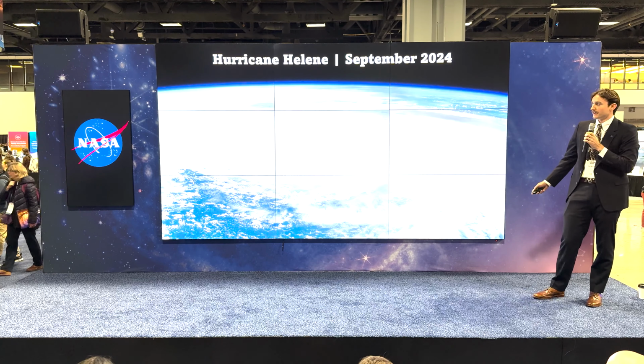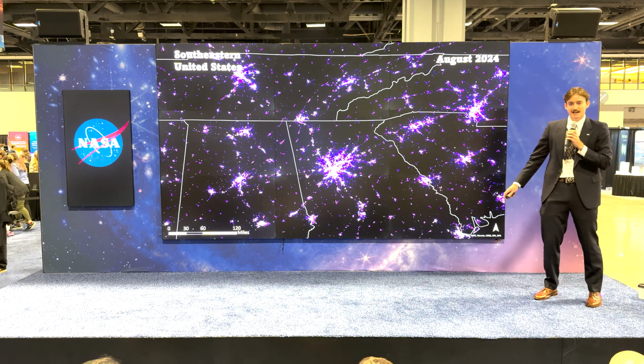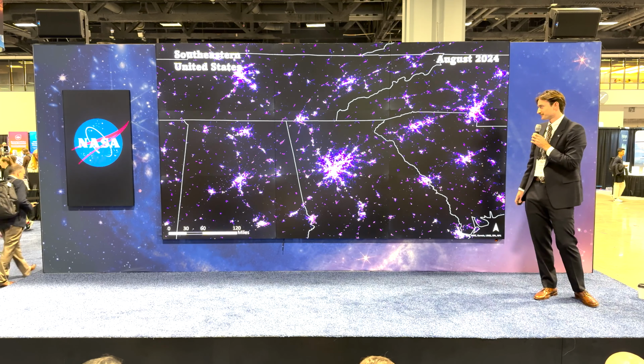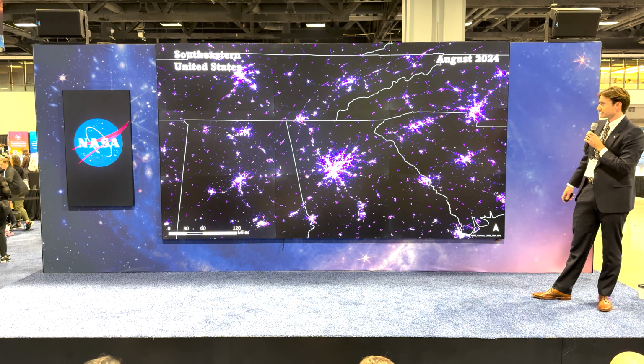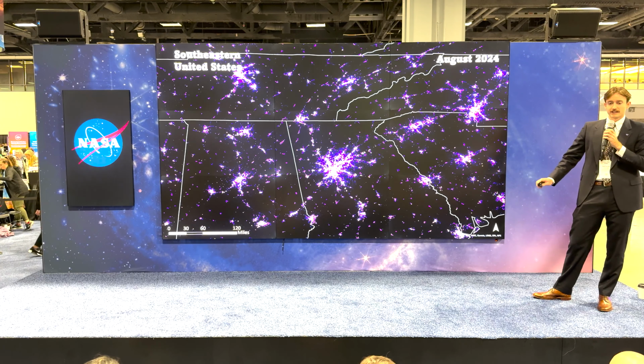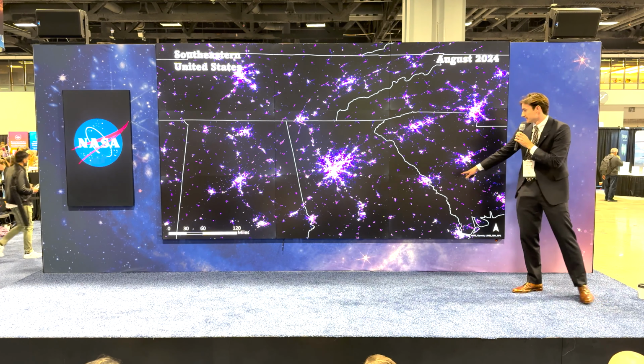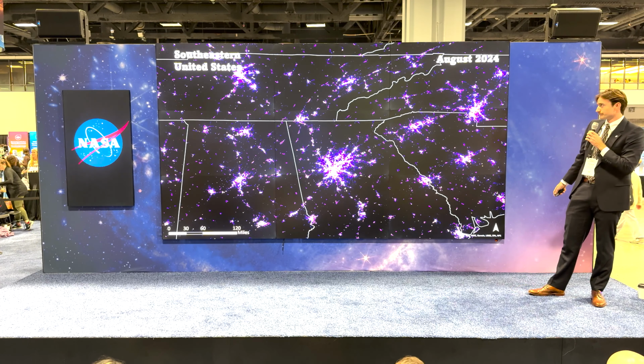And the DRCS put out a number of products, but we're going to stick with Black Marble. So this is still the nighttime imagery product, and this is showing across the southeast. I'm going to click through again, like the previous event, but it's going to be a little bit harder to see just because of cloud cover. But I would start by focusing right around this area. So this is around Augusta, Georgia.